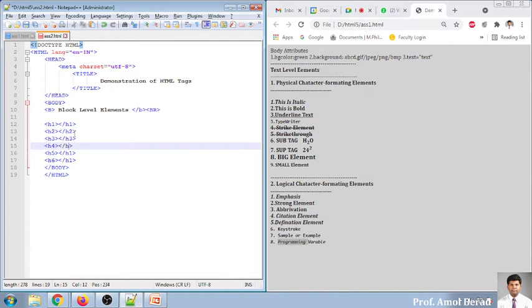If I write something over here, I will say block element 1, block element 2.